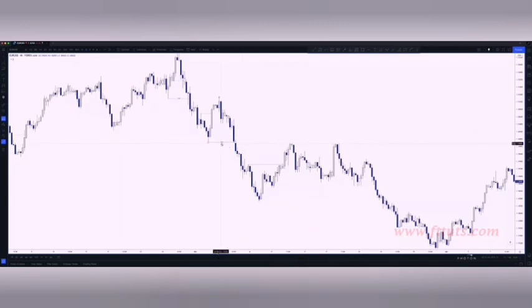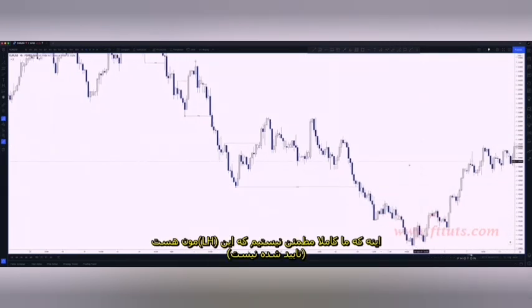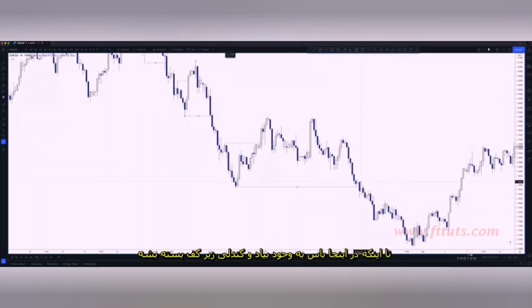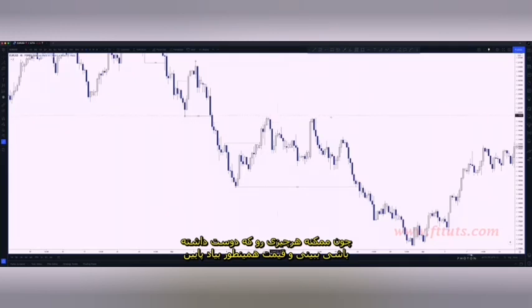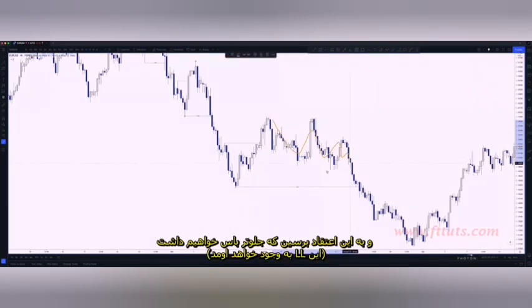So then what do we have? We get our 4 hour break of structure. Now a really important but kind of simple point to note is that we never actually know that this is a confirmed lower high, right? Until we get this break of structure and the candle closure below that low there, because you can see everything you want to see, and you can see prices coming down really nicely, right? And you can have really high conviction that we are going to get that break of structure,